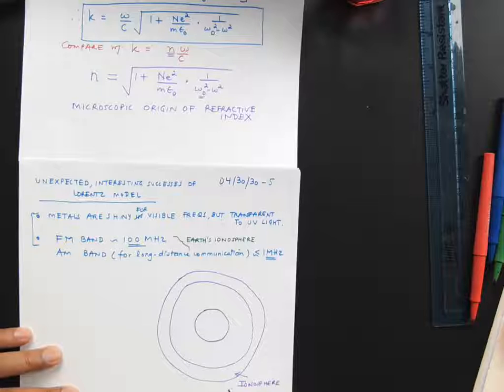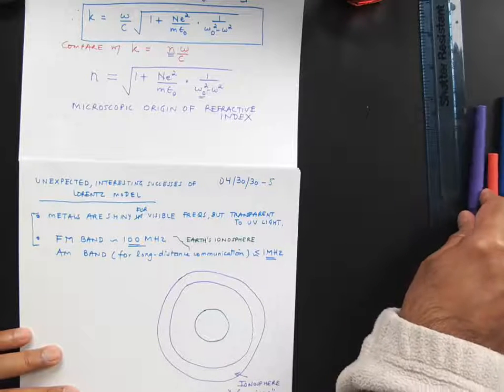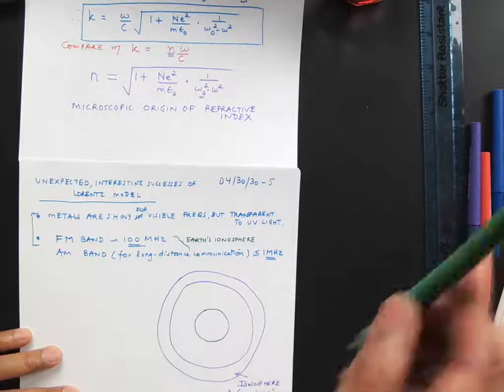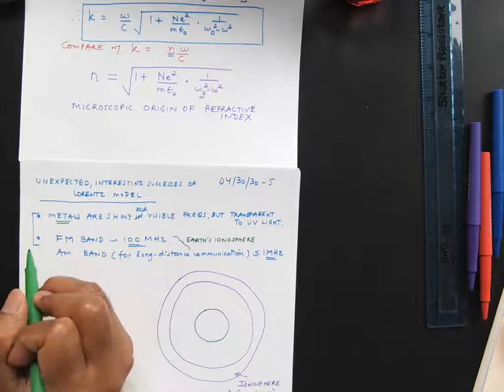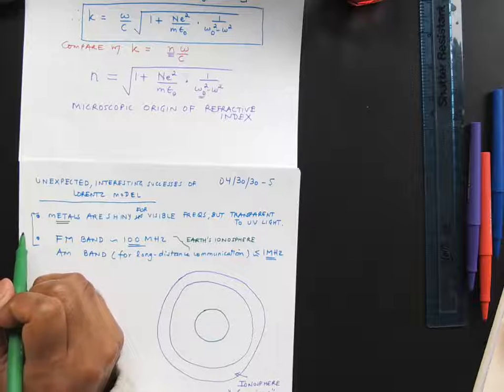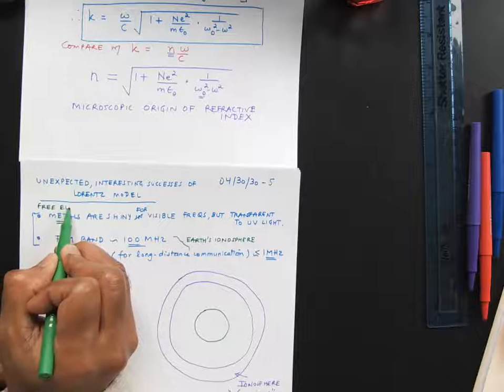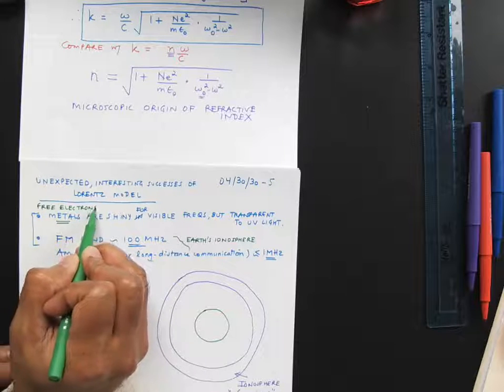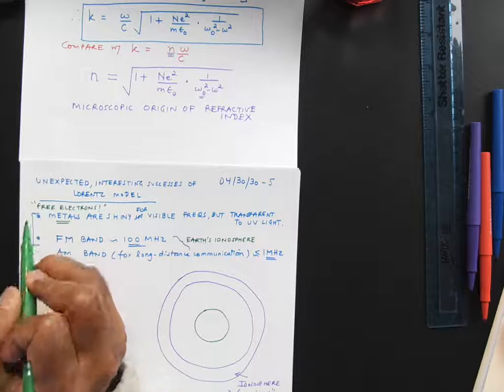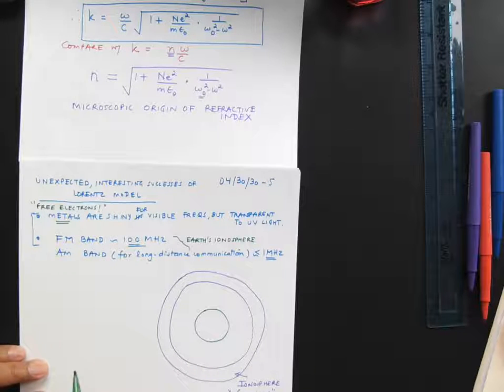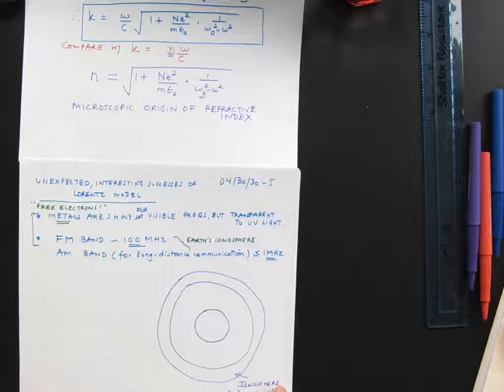And so there are free ions in there, free charges. It turns out that it's not too different from metals, which are, of course, free electrons. There's a lot of free electrons in the metal. So the point is that when you have free charges, it's a sort of a dilute collection of free charges.